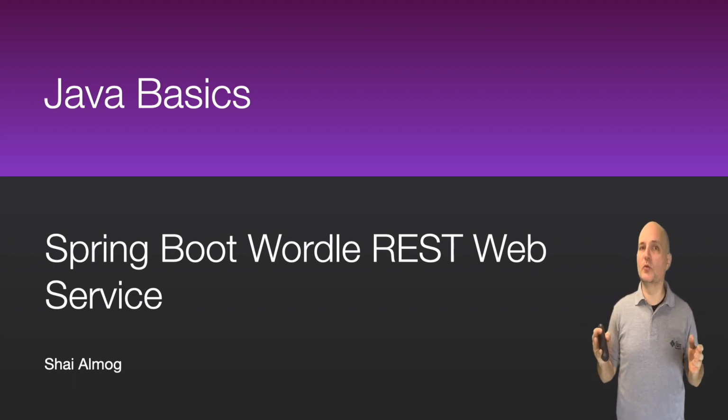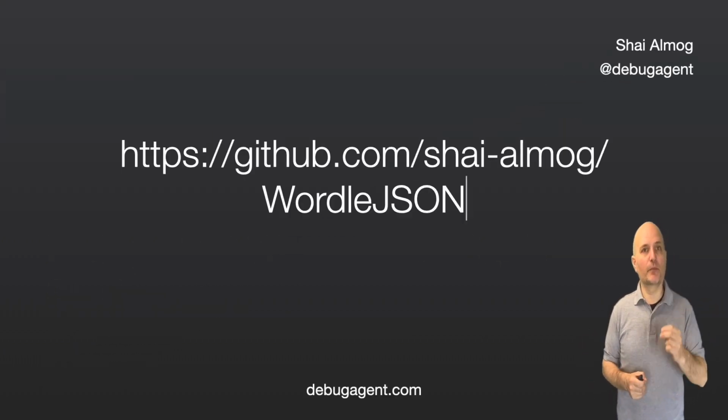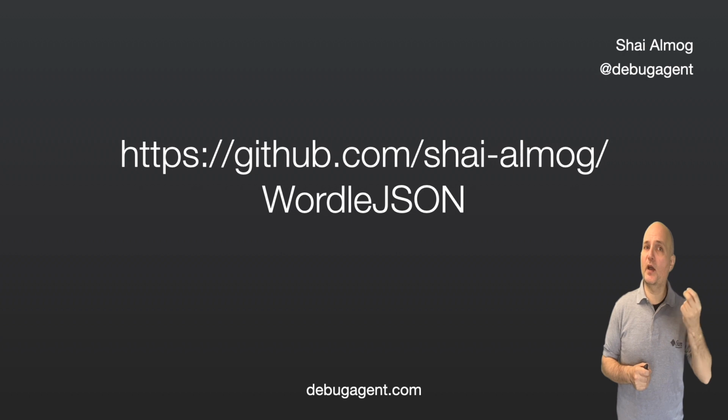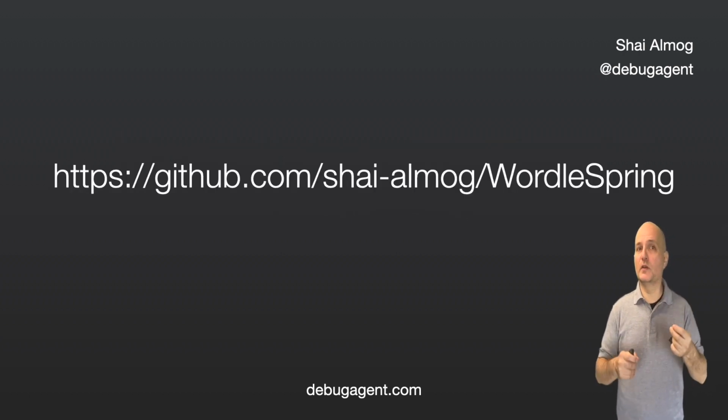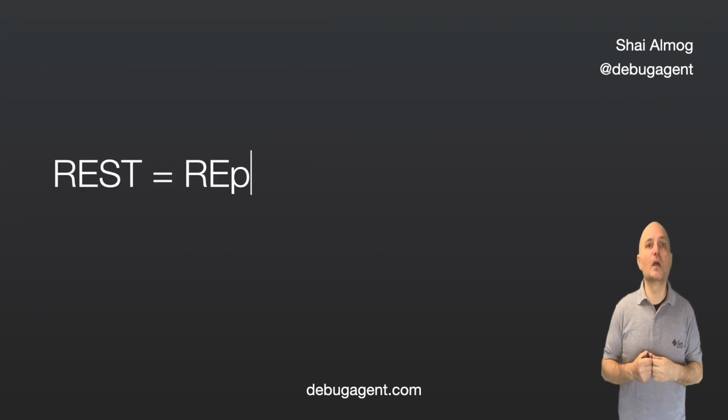Today we will continue our adventure into Spring Boot by building a simple Wordle web service on top of the Spring Boot application we created last time. This is the code from 2 videos ago. You can reference back to it to understand where I got some of the concepts from. Today's code is in this URL. It is in the same URL from the last time since both of these videos are in the same set.